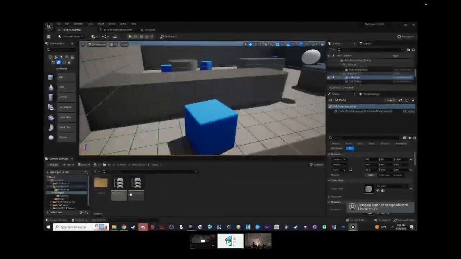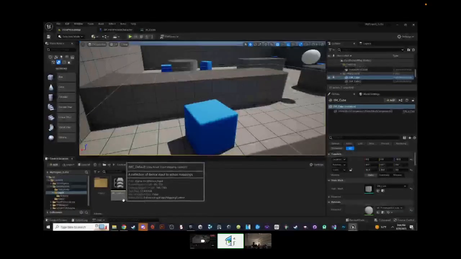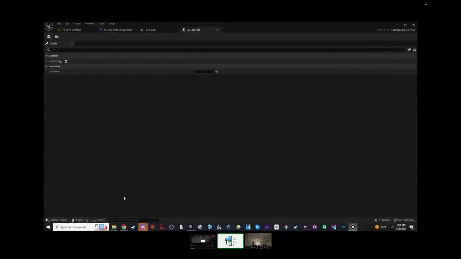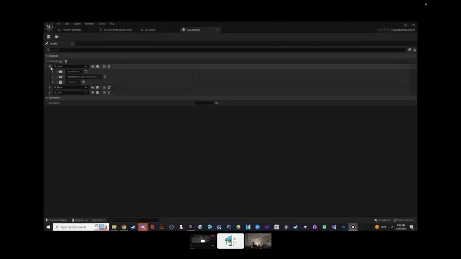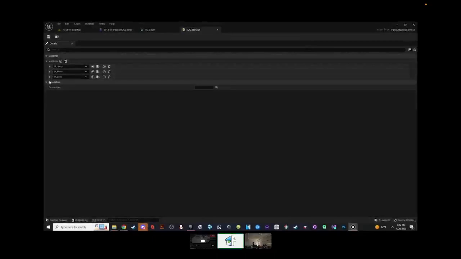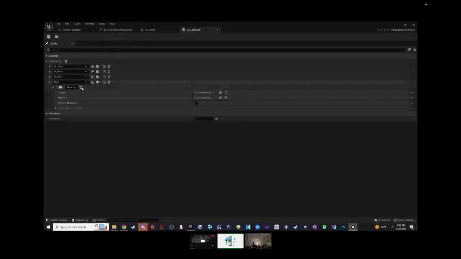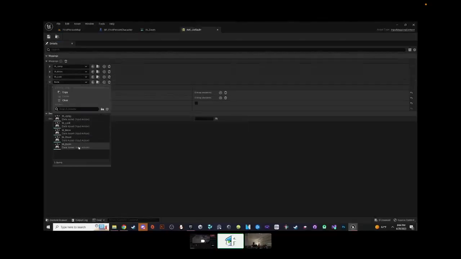Let's go back to inputs, to the folders, and let's try this one out. Because over here, this has all of our actions, like our jump, our move, our look. Yeah, you see, space bar, the gamepad button, and all that. So then let's try to add a new one. Let's see if we can add the one that we just made. So this little bar right here, let's click that down.